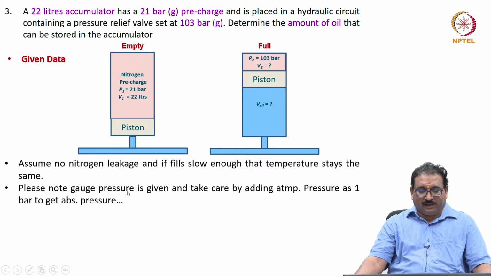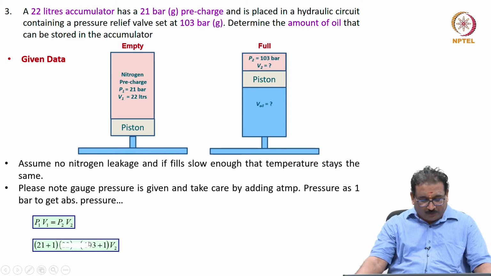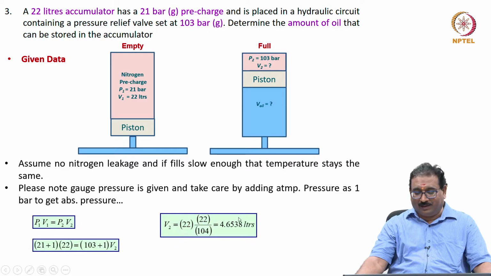Please note the gauge pressure is given, and take care by adding the atmospheric pressure as 1 bar to get the absolute pressure. P1 V1 equal to P2 V2. Substitute all the values; you will see I am adding now 21 plus 1. Here also 103 bar plus 1, then only it is absolute pressure. Then we will get V2 is equal to 4.6538 liters. Once I know V2, V1 minus V2 is nothing but the V oil,